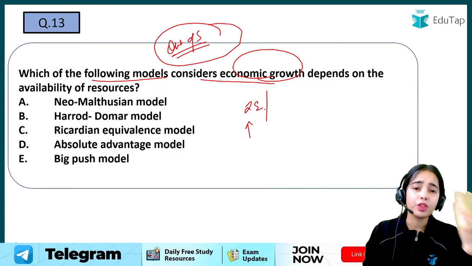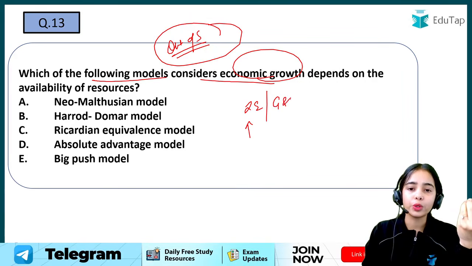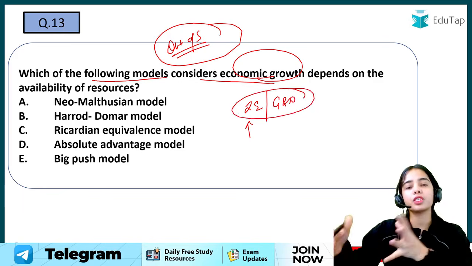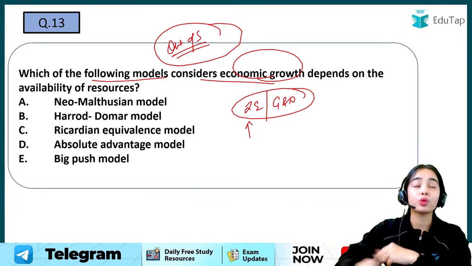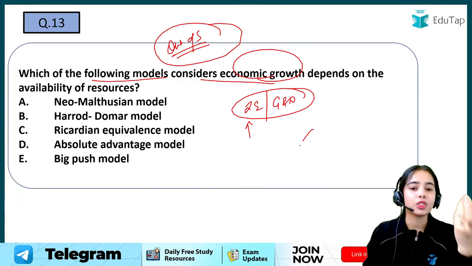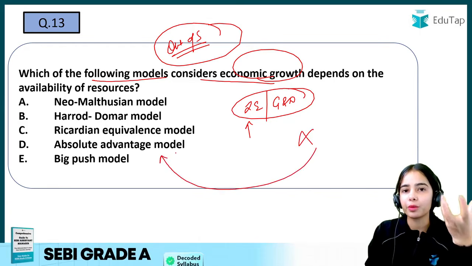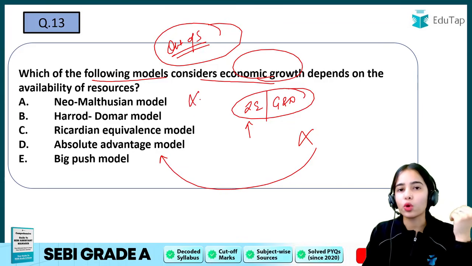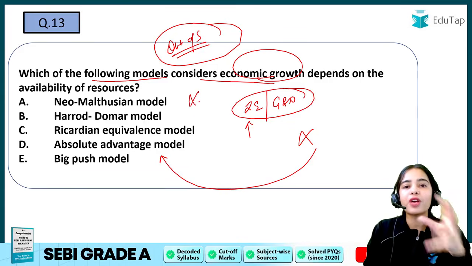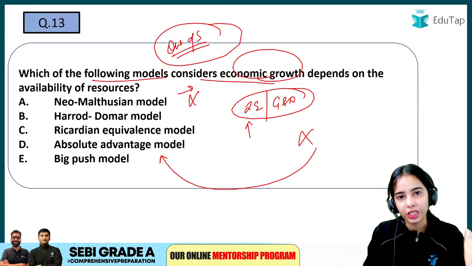So there are so many models, as well as in growth and development, which is also a different subject of economics that we study in masters. So then again, you will have to go through hundreds of models. So that is not possible. So for such out-of-syllabus questions, either use logic, and if logic cannot be used, that means it is a factual question, then you will have to leave this kind of